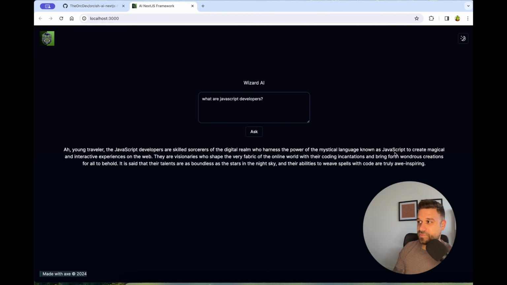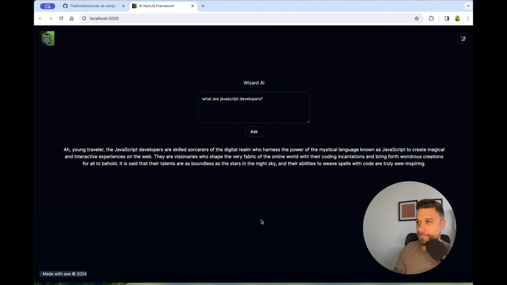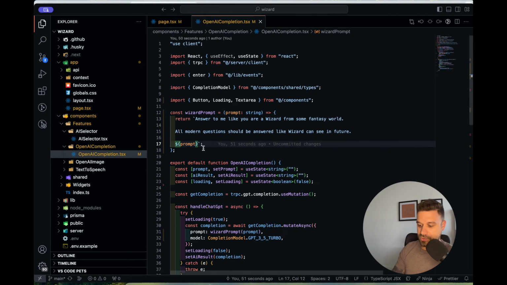Known as JavaScript to create magical and interactive experiences on the web. Visionaries who shape the very fabric of the online world. Nice! We can just upgrade it a little bit. We can say that he returns HTML, and then we can format it nicely here on the page. So here I'm just going to say